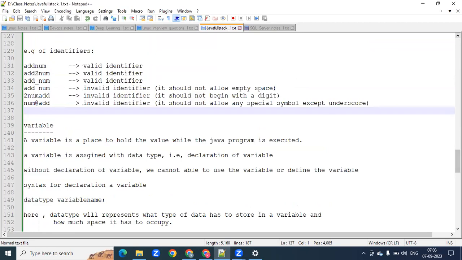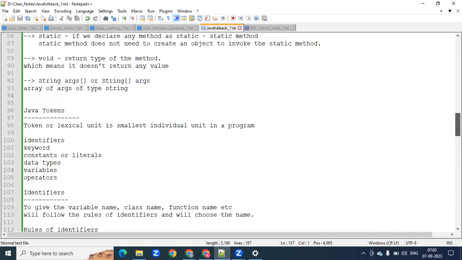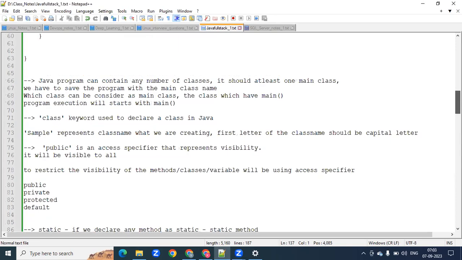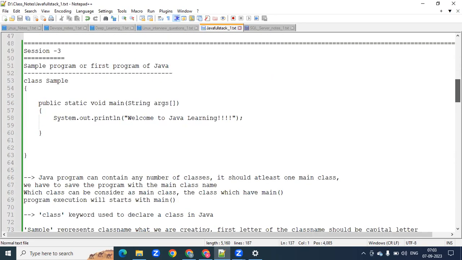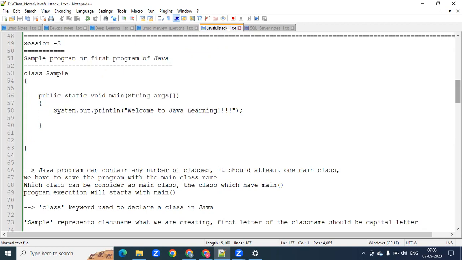In the previous session, we discussed the sample program, the first program of Java. How we can write a program in Java, we have discussed, and we have discussed each and every word in the sample program: